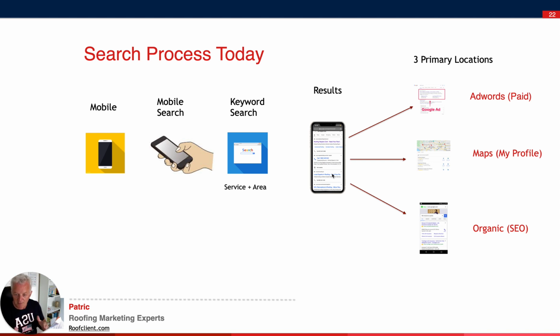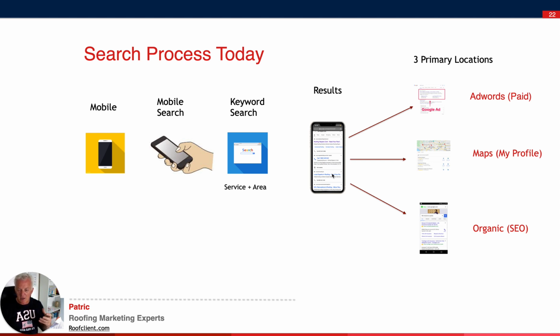From the point of view, websites were developed for your computer, but people are now using a mobile phone, so websites struggle with mobile devices. Even with search, with the different designs that are out, they still struggle, and they were never designed for it. So your typical customer today is going to pick up their mobile phone and put in the keyword search, which is probably roof repairs plus city or the area that you're in. What will be delivered to them on that phone, and where do you need to be with regard to that, is what we have in mind.